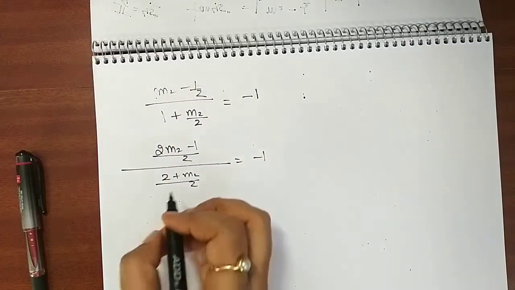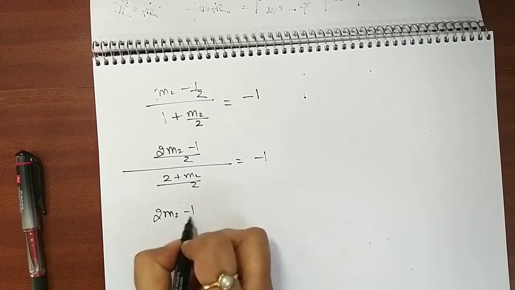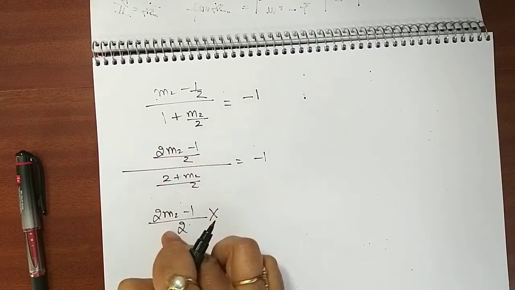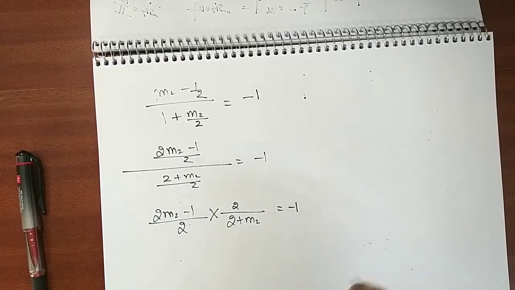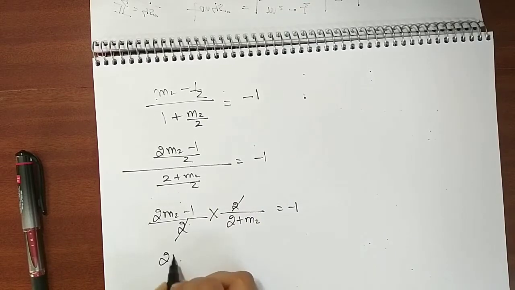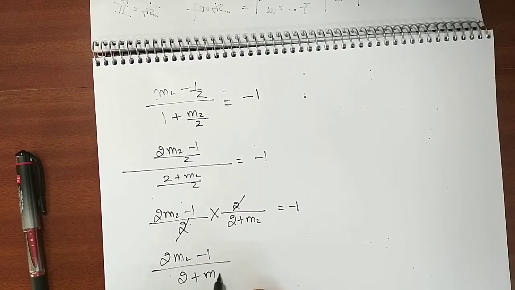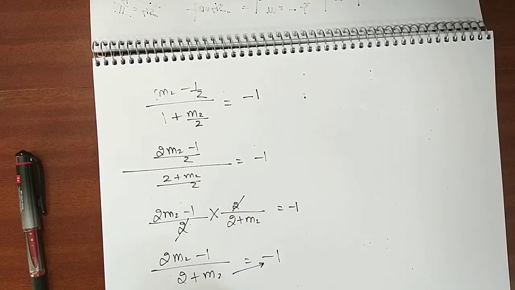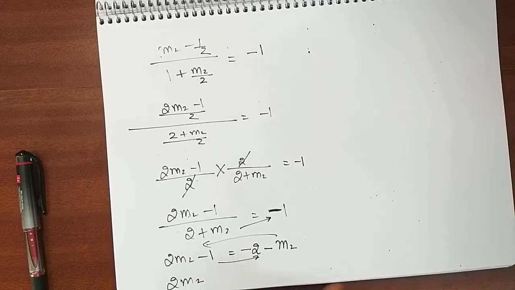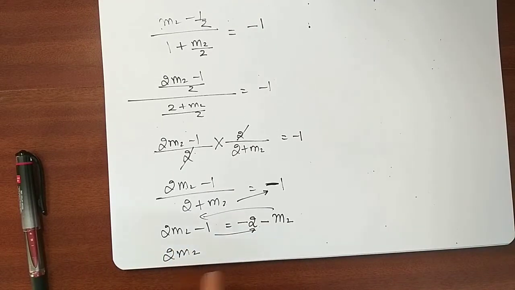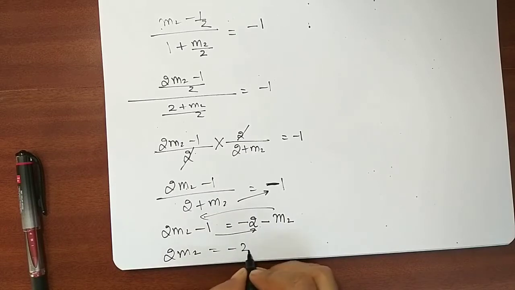Okay, now I will flip it. See, (2m2 minus 1)/2, the numerator is copied and this will flip. So 2 will go up, 2 plus m2 is minus 1, 2 cancel, 2m2 minus 1, m2 is minus 1. So this is here. So 2m2 minus 1 is, this is minus, guys. So when I multiply it is minus 2 minus m2. This will come here and this will go there. So 2m2. Okay, I can write 2m2 and this is minus 2 plus 1.